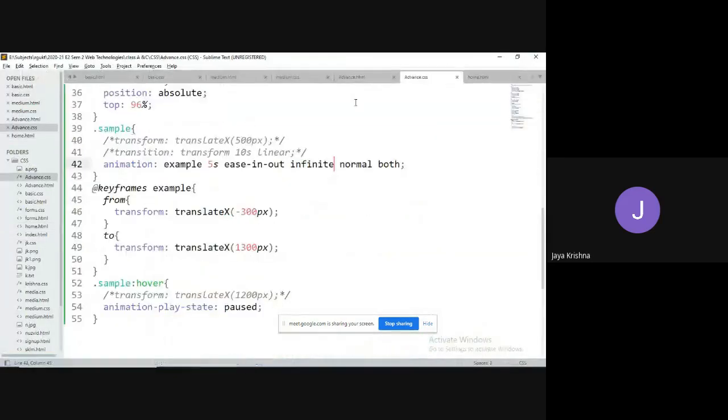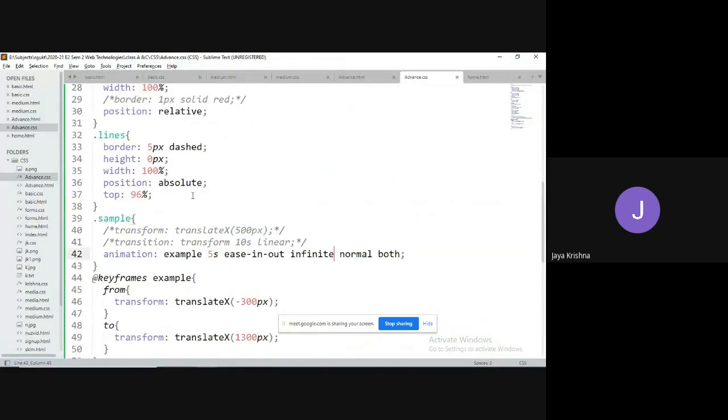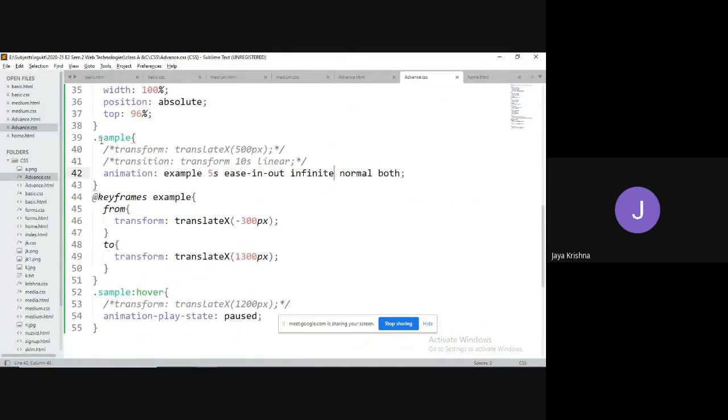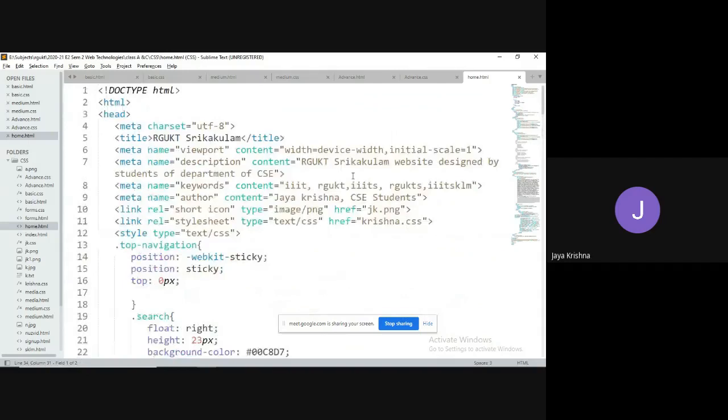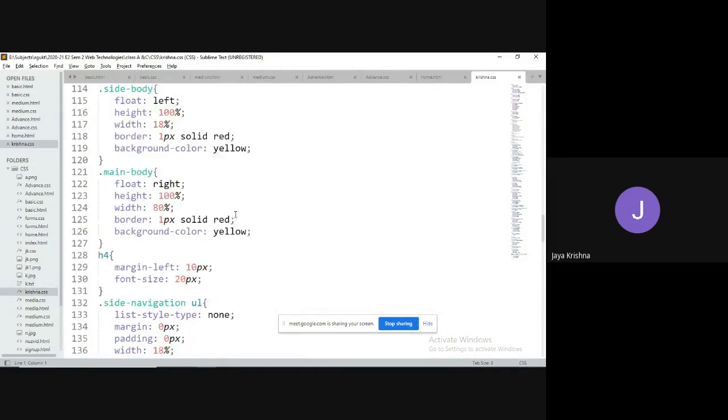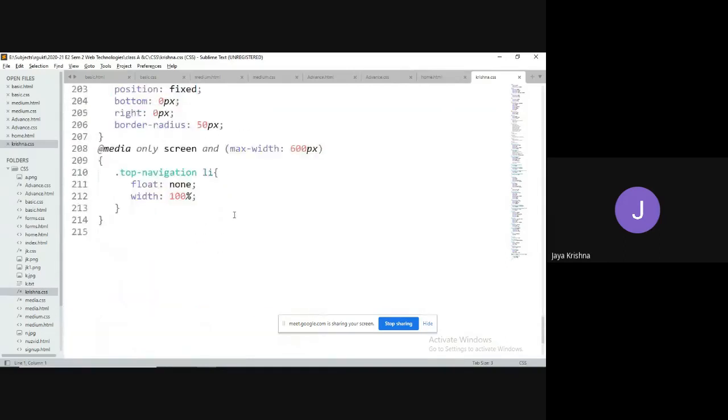Now I will take this effect. I'm trying to apply these effects to here. Home.html is linked to which location? Krishna.css, which I have seen already. So I have taken it here and I'm copying it here.